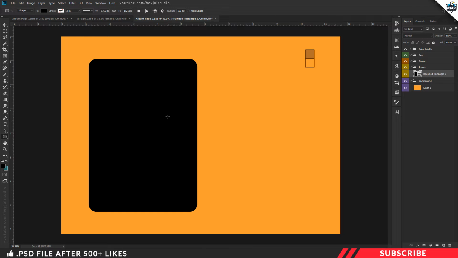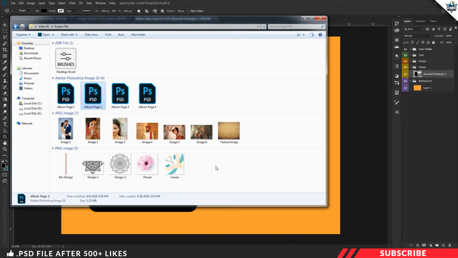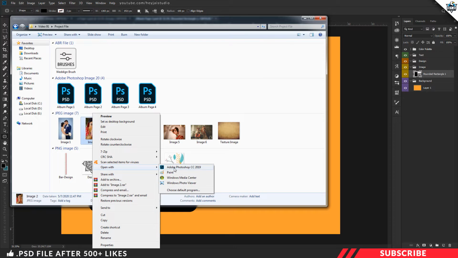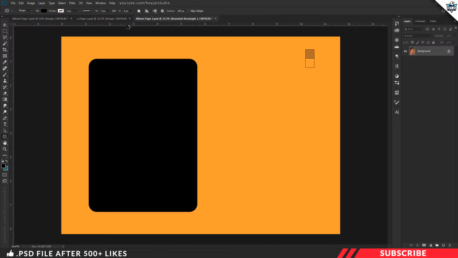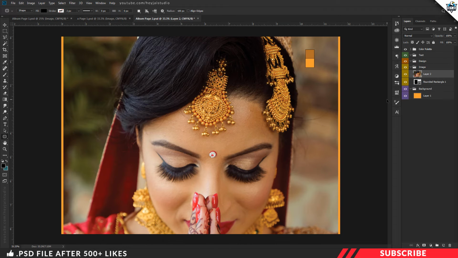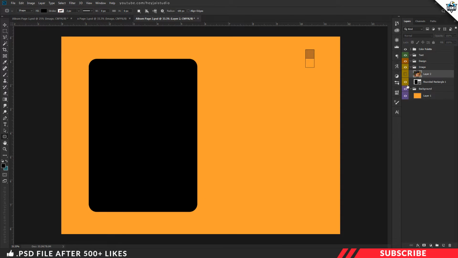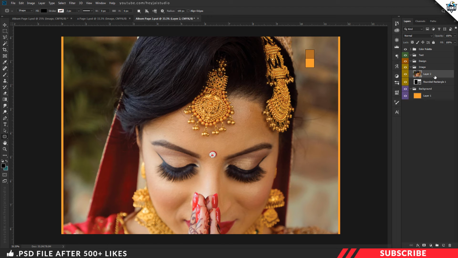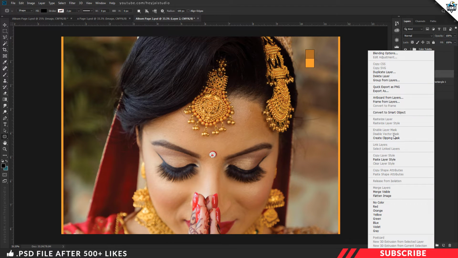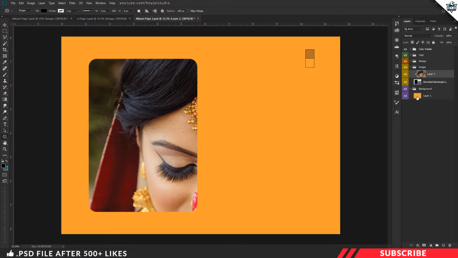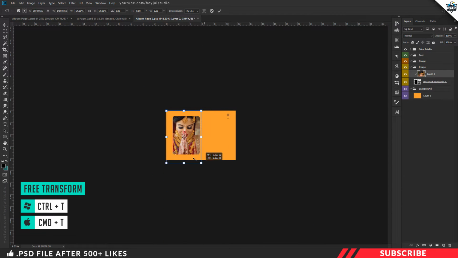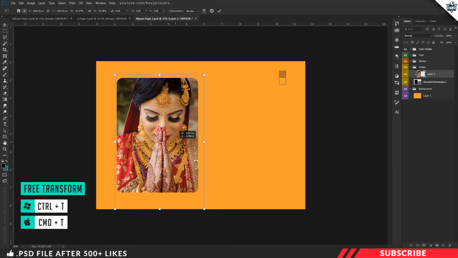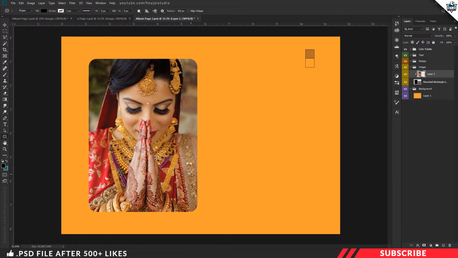Next we're going to drop in our image. Go to project file, open image 2 inside Photoshop. Drag and drop the image inside our canvas, or else copy paste it. Make sure to place the image right above our image placeholder. Now right click and clip mask the image. There you go. Now enable free transform tool, Ctrl T, and resize it. Once you're done, next we are going to move to the right side.